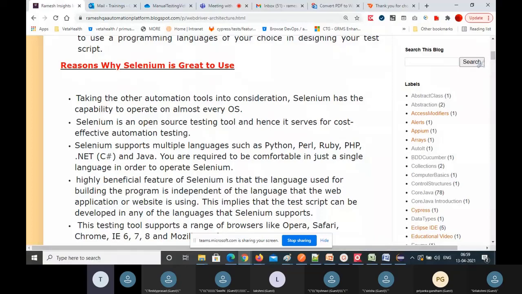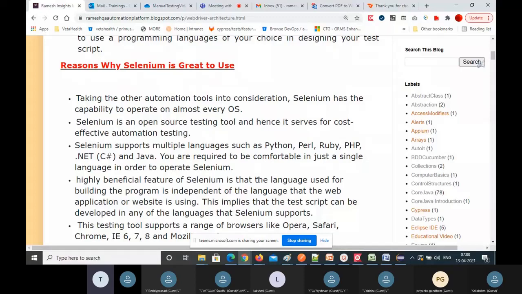Selenium supports multiple programming languages. Multiple programming languages means Java, Python, JavaScript, Ruby, C Sharp. All these programming languages you can use to write your test cases. But at least one programming language is mandatory for WebDriver. And another thing is Selenium supports different operating systems. If you write a test case in the Windows operating system, the same test case you can run on Mac and on Linux machines also.